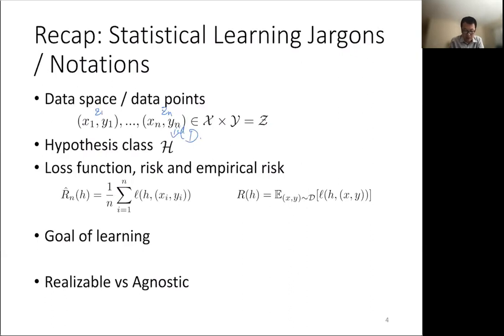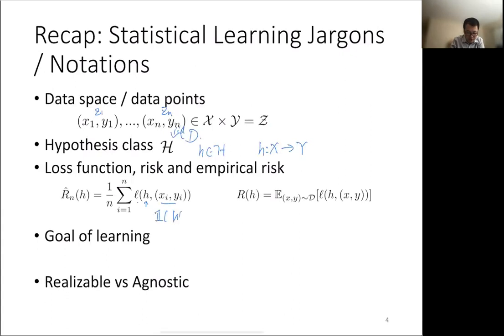Then each classifier, each h in the hypothesis class, can take a data point and output some prediction on the label. So how do we measure the performance of a classifier? We use something called the loss function. The loss function, denoted by L, takes one classifier and a particular input data point, and evaluates how consistent the prediction of the classifier on this data point is compared to the given label. One example of this is